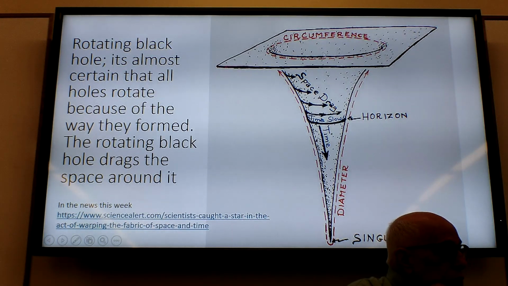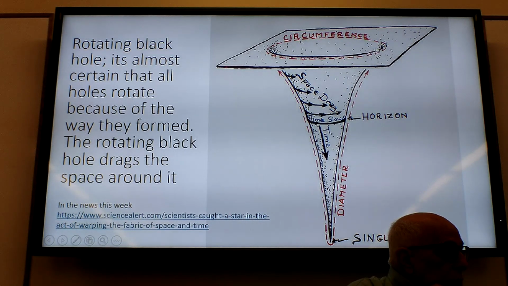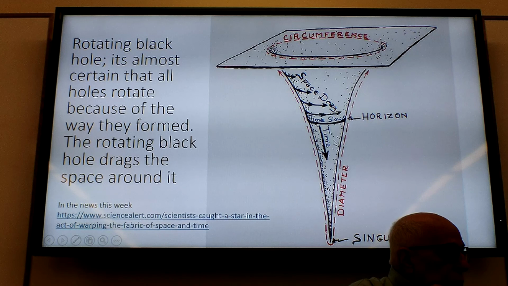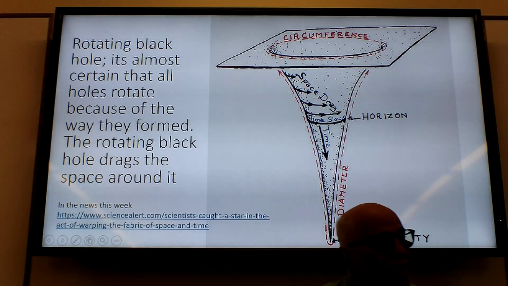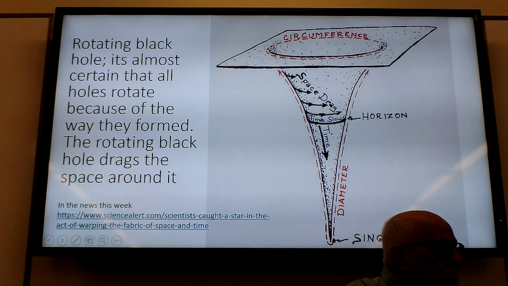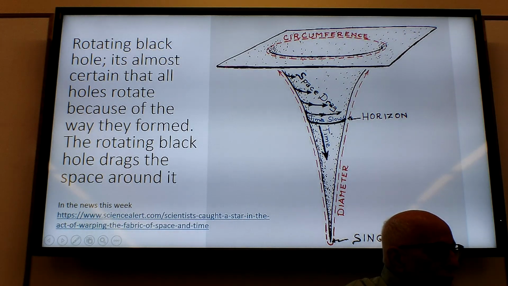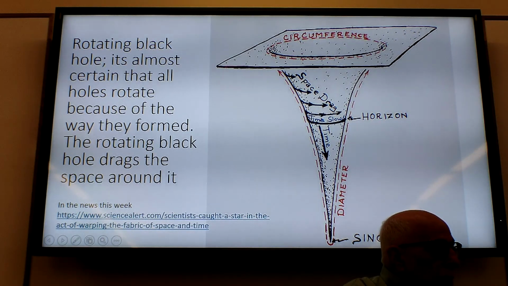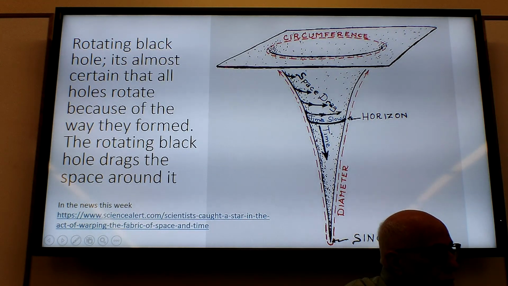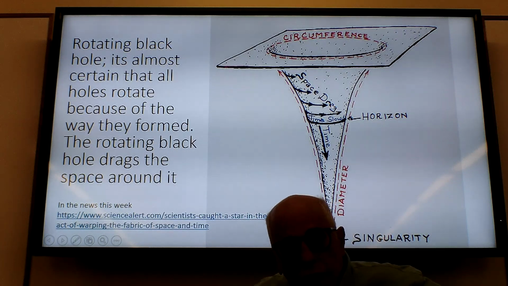So here's the circumference, but the radius is getting smaller. This circumference is what we would measure, but the radius is getting smaller. So the relationship of circumference and radius changes because in this interior region, space is distorted enormously. But there's something else on this drawing. See these arrows that say space drag? So what happens is